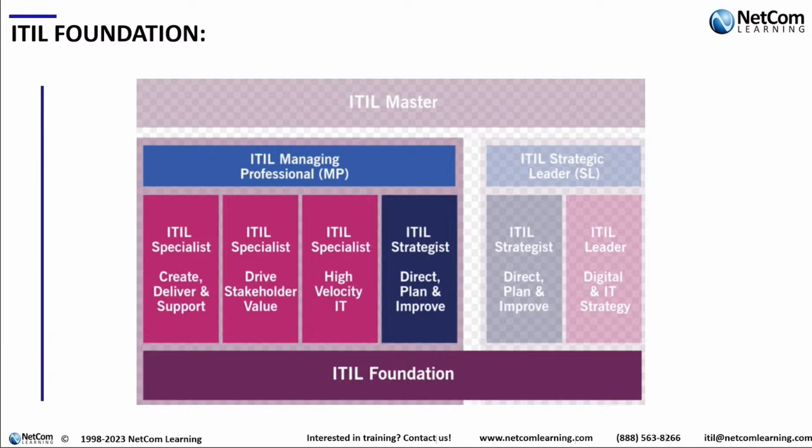ITIL strategic leader. We're going to focus on managing professional today because this module overview is aligned with the managing professional. Let's say I did ITIL Foundation and I only do Create, Deliver, and Support. So I can call myself ITIL Specialist. That's what the qualification sits under. And then if you did Create, Deliver, Support, Drive Stakeholder Value, High Velocity IT, and DPI, which is common across managing professional and strategic leader, you would be certified as ITIL Managing Professional. Okay,